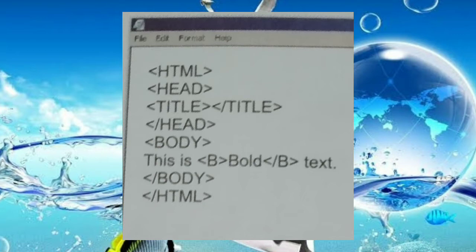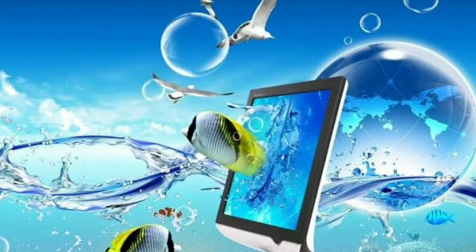Then open body tags. In that body you have to write, this is a, in angle bracket B, bold, another angle bracket, close bold text. Close the body tags, close the HTML. This is the coding for bold text in HTML.